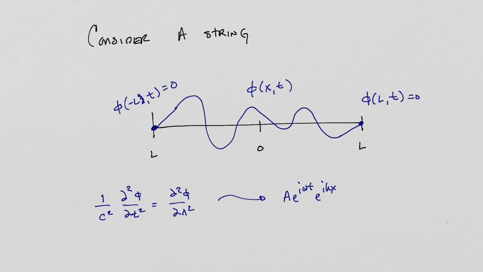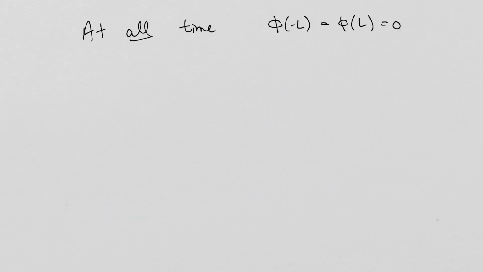The question is, how is that going to restrict the solution space? What is it going to do to all of my possible solutions? For that, we're going to have to do just a little bit of algebra. At all times, I know that the function has to be 0 on the right and 0 on the left. So I might as well